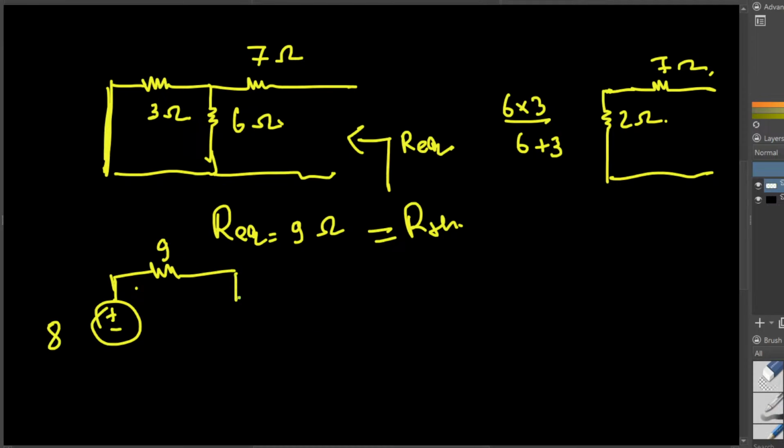And then we have the R load. And that's it. So we actually replaced the complete circuit with this V Thevenin and R Thevenin by doing these